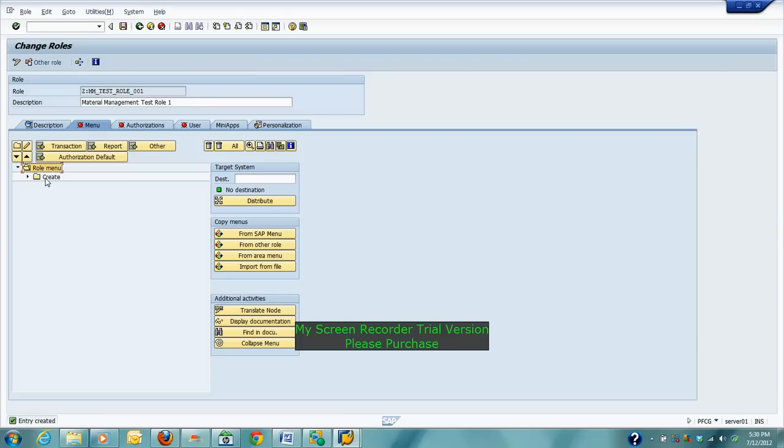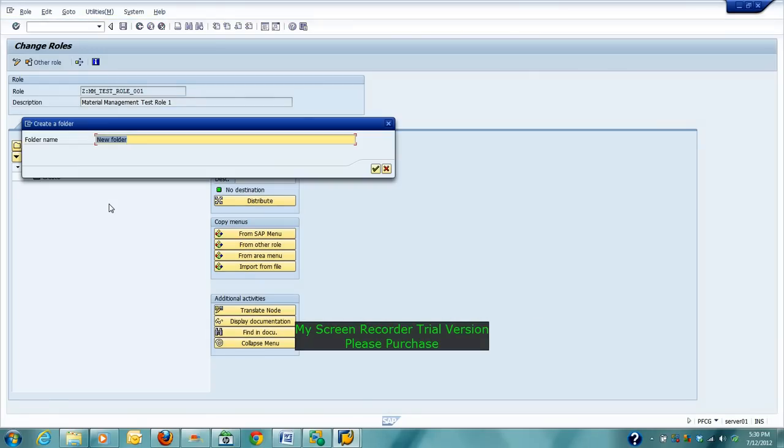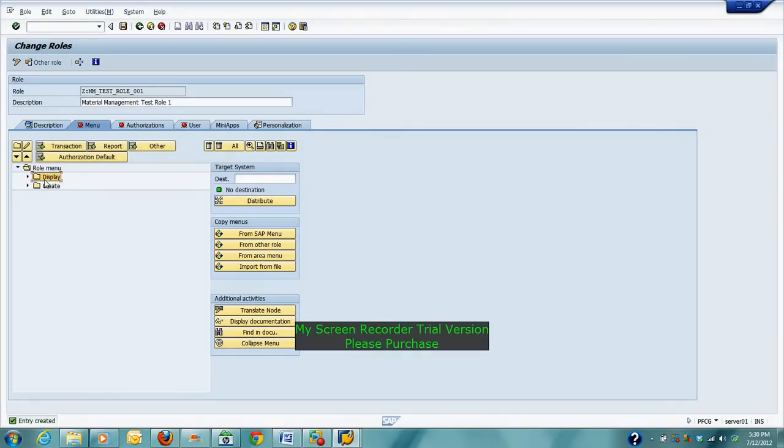Click this one again. If you stay on this one, it will create a subfolder under create. So highlight this one again and create again. The other folder we decided is display. So now we have two folders, display and create.